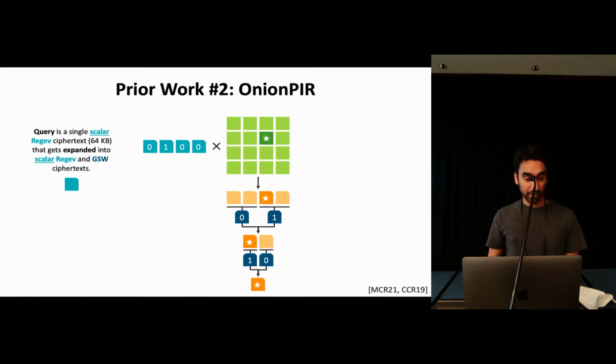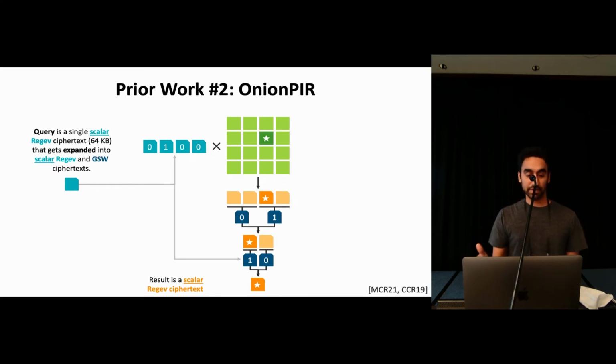There's another prior work that addresses this downside. So OnionPIR, a recent work, shows how to make the query much smaller. So here the query is only 64 kilobytes, and it's a single scalar ciphertext. And then they show an expansion procedure that lets you get the ciphertext you need for processing. So this expansion procedure works quite well, and you're able to process the query much like Gentry-Halevi, but the query is now much smaller. But there's a problem with this prior work too, which is that the result is now